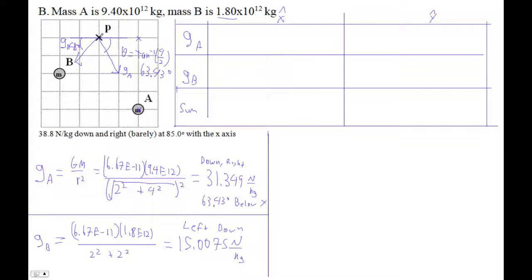This has got a little bit of right. It goes to the right, and then it goes down like this. So this will be a positive component because it's to the right. This is going to be a negative component. Okay, and so this is going to be, A is